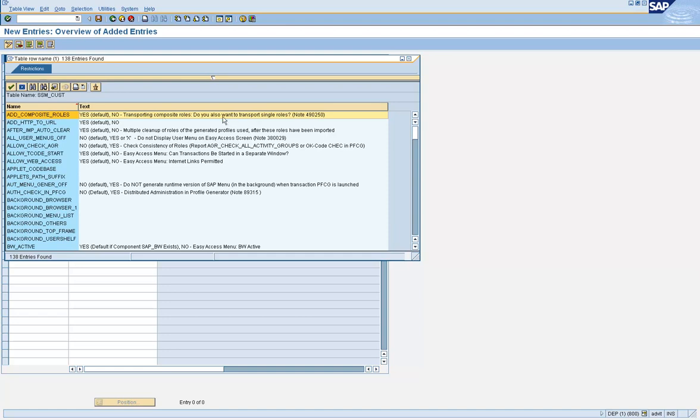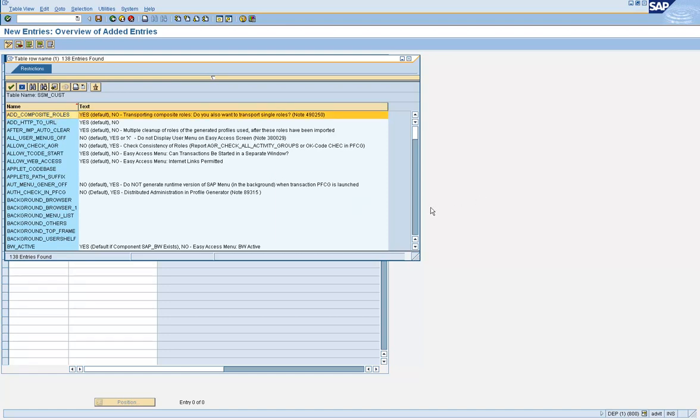That checkbox is controlled by this parameter.